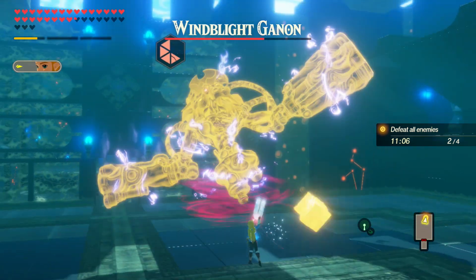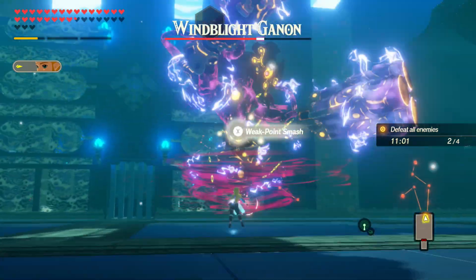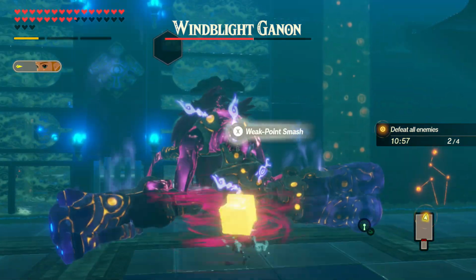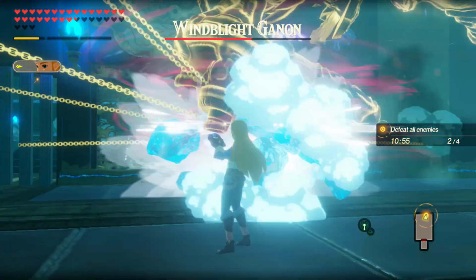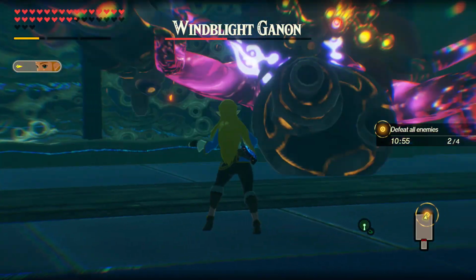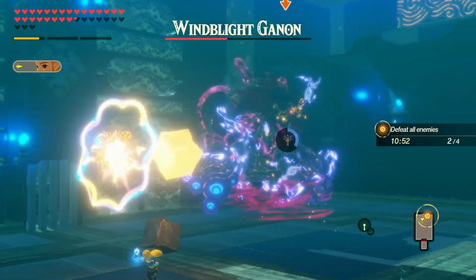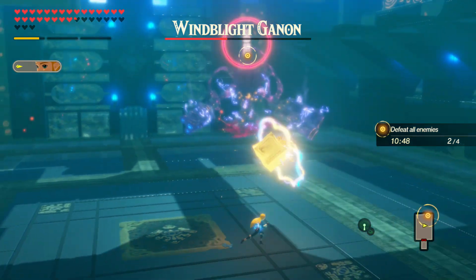He prompts us for stasis, we're ready to give him stasis. My goodness, the amount of damage that you do with the Sheikah Rune buffs is really, really nice to the weak point gauges. Okay, let's try not to make any mistakes. Again, like I did, if you see him going for an attack, just go towards the...